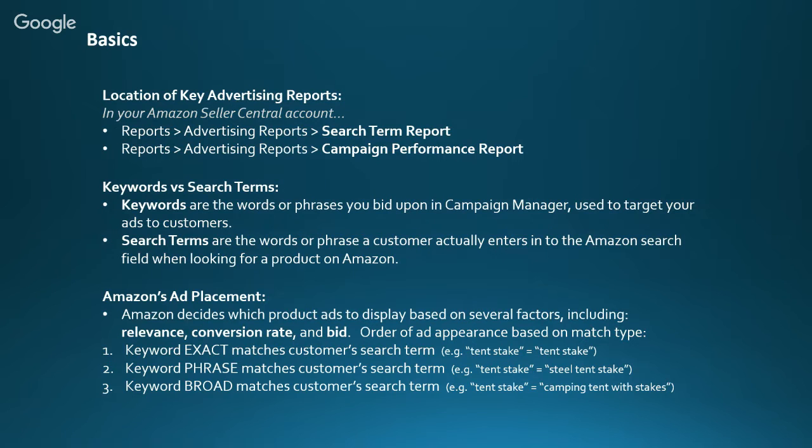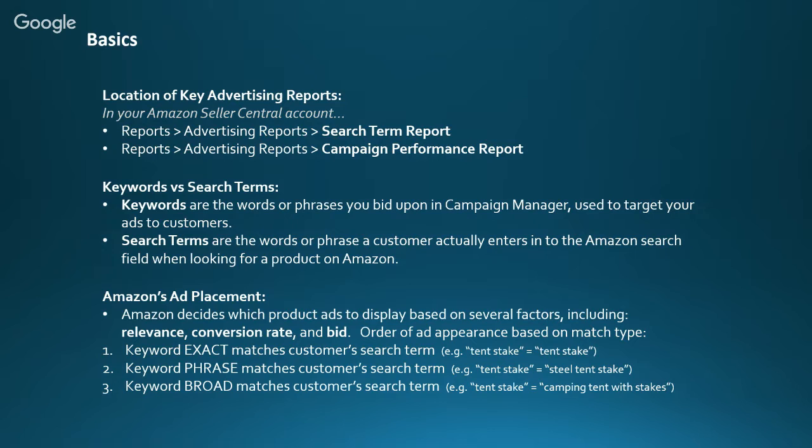Now obviously once that is established as far as the priority based on the exact match, then Amazon's going to look at how relevant the search term is to your particular product. Just because you're bidding on it doesn't mean that Amazon's going to serve your advertisement if it doesn't think that your product is relevant to what the shopper is actually searching for. Additionally, as far as what the conversion rate is,